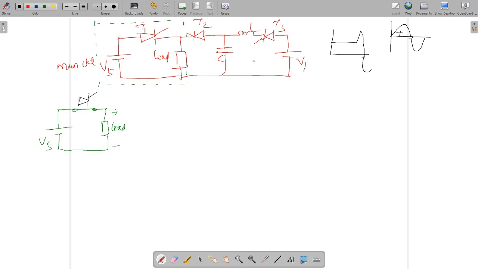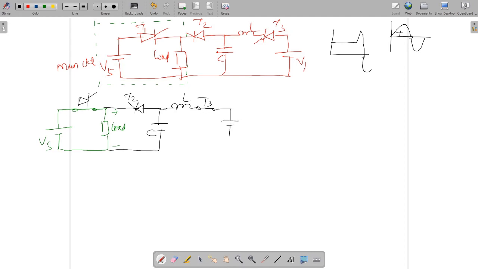So now in this case, what you have to do? You will have to provide the gate pulse, because we have to start our journey from right to left. So we will come here, then we will apply some voltage to the T1. So when you are applying a positive gate pulse to T3, what is going to happen? This is your T2, the T2 will be there, then the capacitor will be there, fine, then the inductor. Now no circuit is closed. So when you will provide a gate pulse, what will happen? Your T3 will enter into the forward conduction state, and your T3 can act as a short circuit.